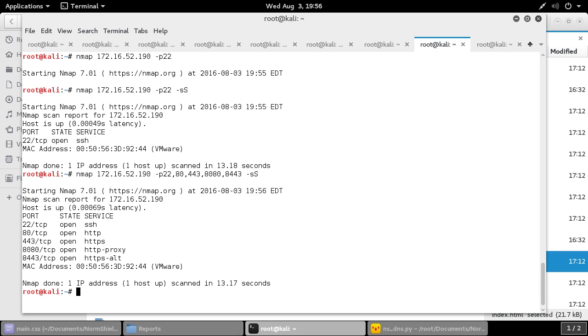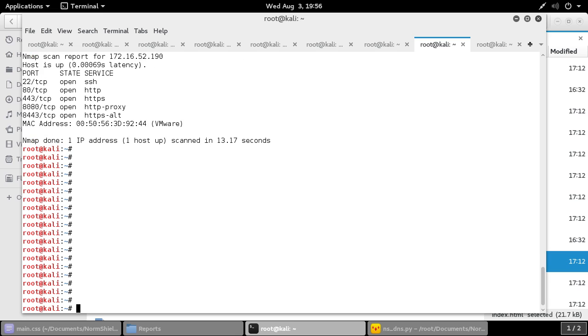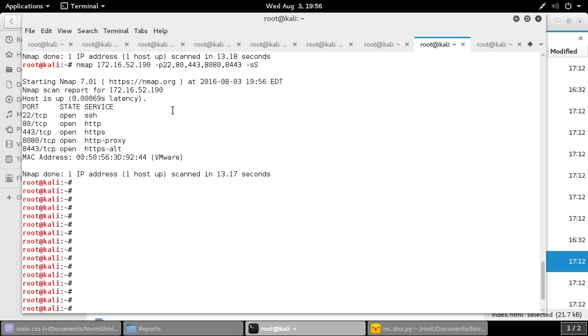Good, I found a few more open ports available on this system. But as you can see, I put a long list here, and even this only includes, let's say, 5 ports. What if I would like to scan